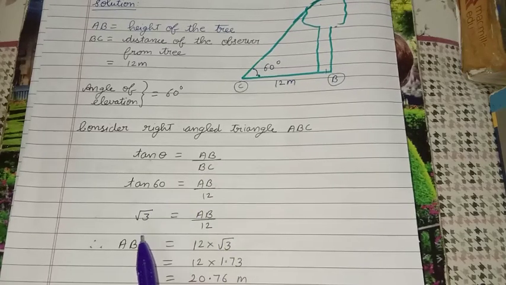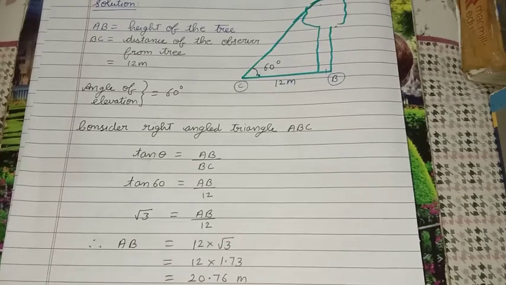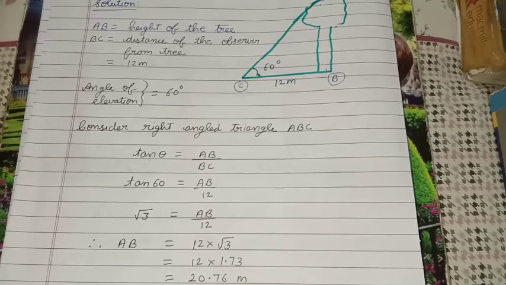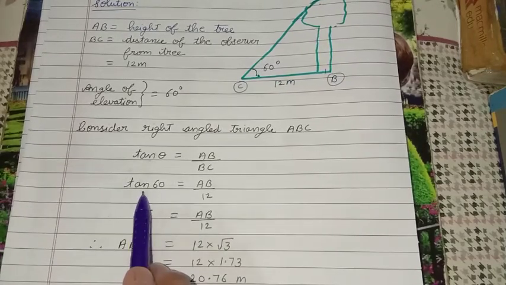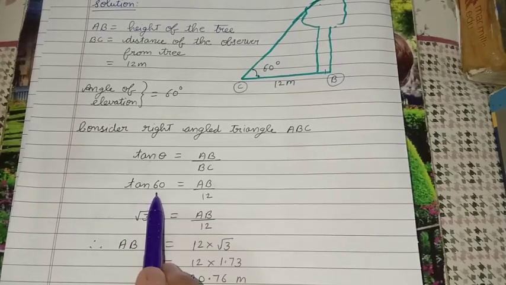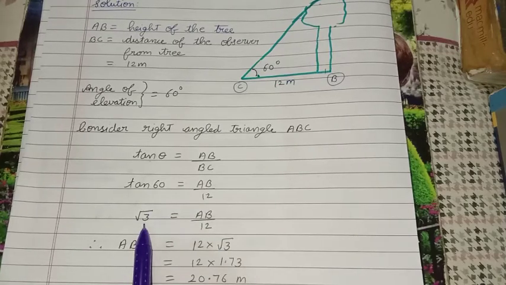Friends, I told you in the last video, I have given you a chart also. You have to remember these values like sin 30, cos 30, sin 60, cos 60, tan of 60. You need to remember this. Tan of 60. See, and again I remind you, you don't have to read it like tan into 60. That is not tan into 60. What is this actually? Tan of 60, and the value is root 3, which we know from the chart.